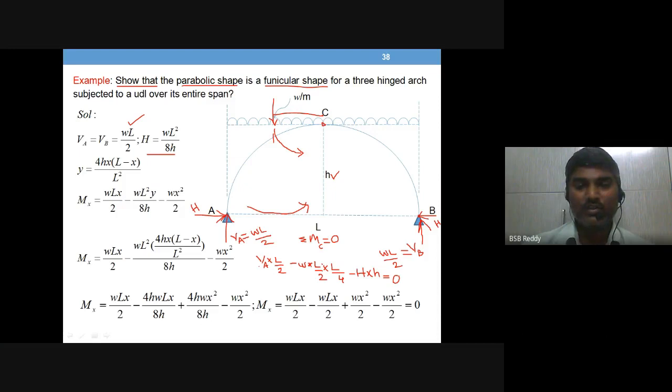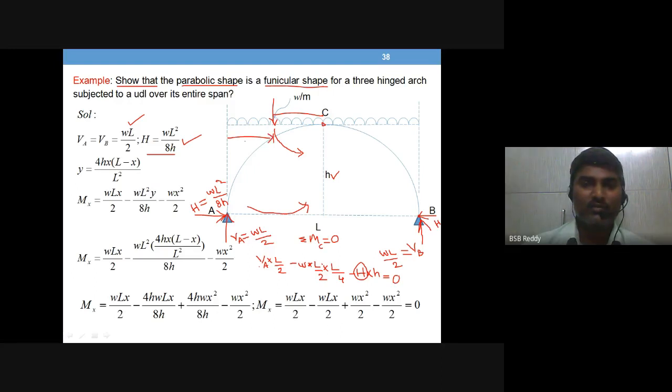So substitute for VA. The only unknown here is H, because L, h, W, all others are given values. So you are going to get WL square by 8h, 8 into small h, as the horizontal reaction value. Right. So now you are ready with the support reactions that are required for writing